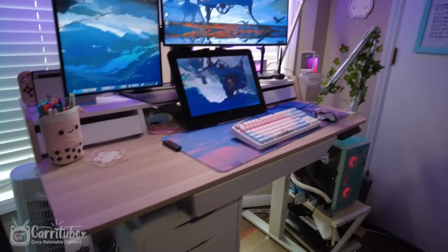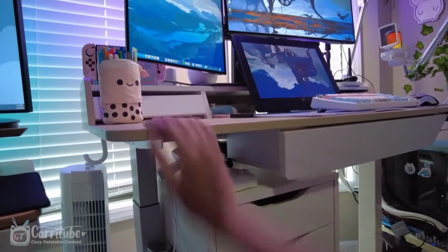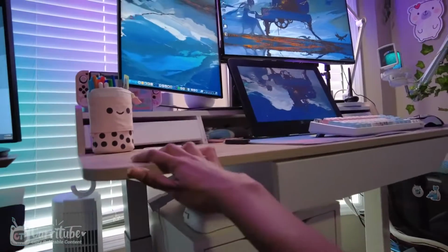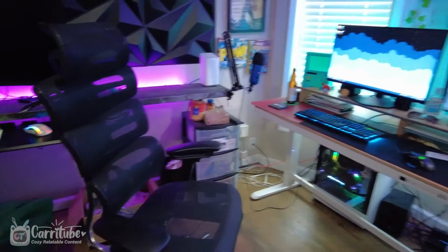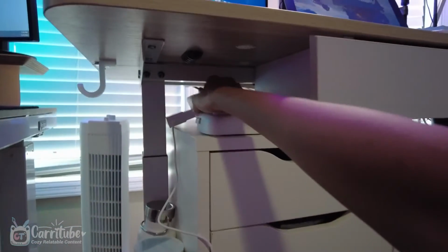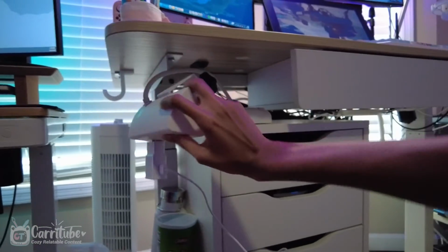plug it in. And I also forgot to mention that I have another power cord that I normally have on the desk. You guys will see it in the B-roll inserted right here. The reason I have it tucked underneath is because I started painting and I needed a little bit more desk space. But I was also from Odin Lake, the people that sent me this chair, and it's been really nice having another set of power cables that I can tuck on my desk. As you guys can see, I just don't want to move it right now because I have this cable